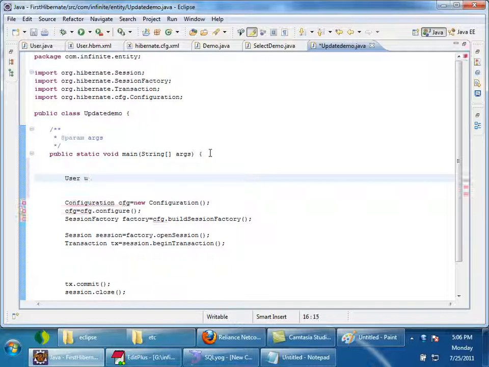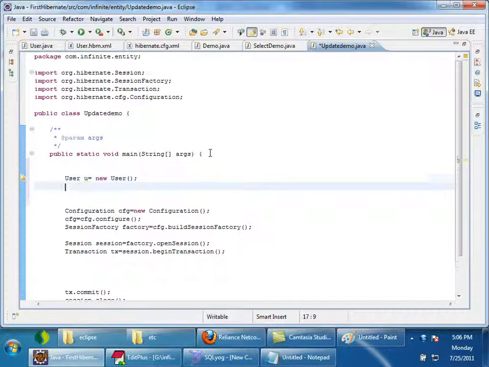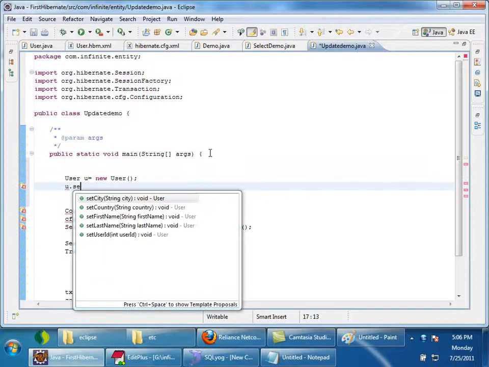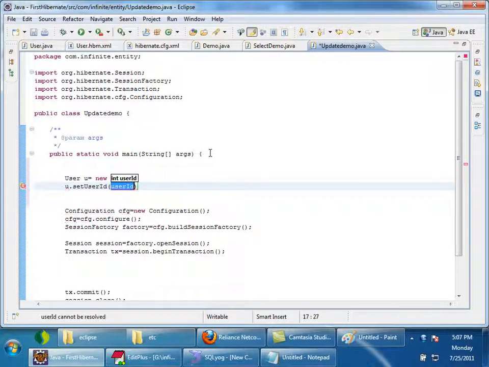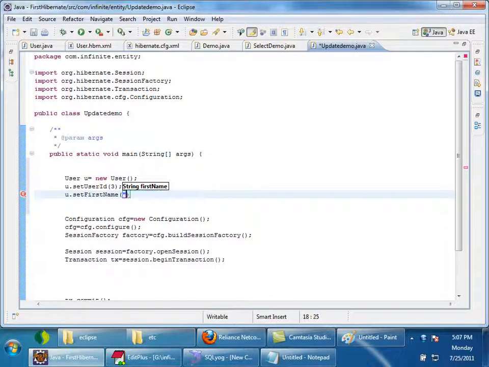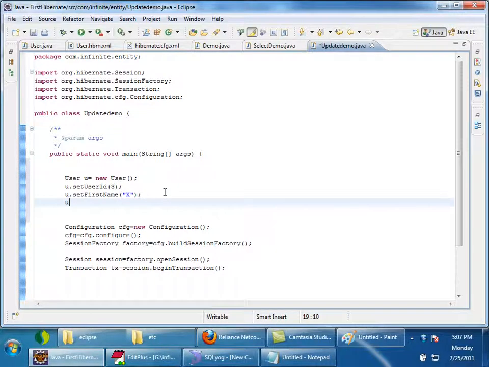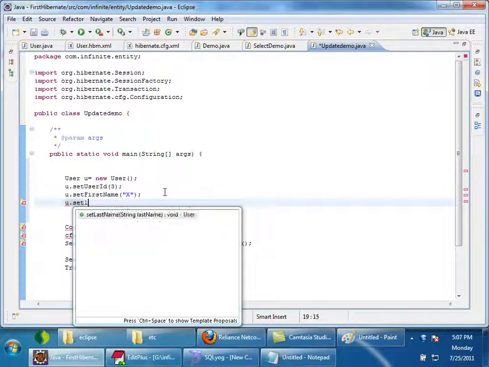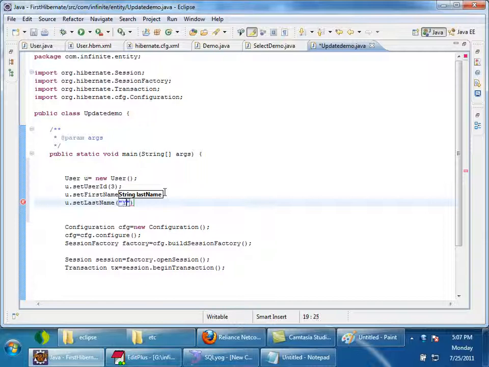User u equals new User. u.setId(3). Already there is a user whose id is 3 in the database, and u.setFirstName("x"), u.setLastName("y"). I am not setting city and country right now, you could set them also.